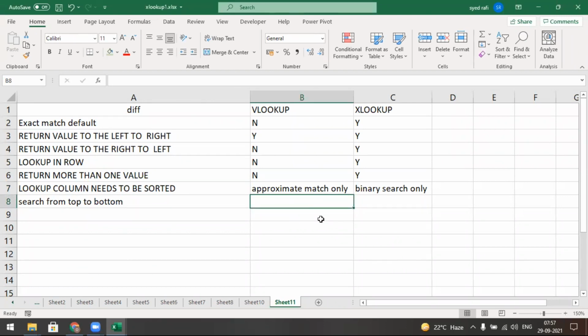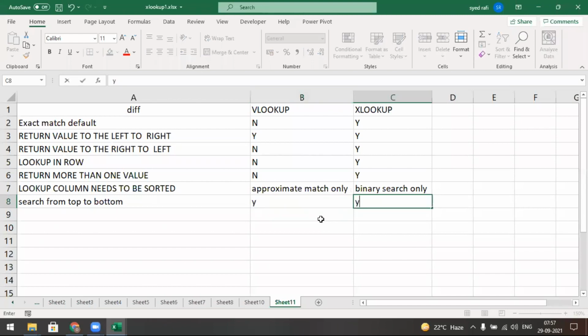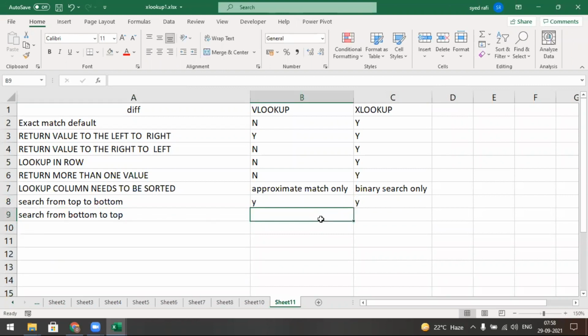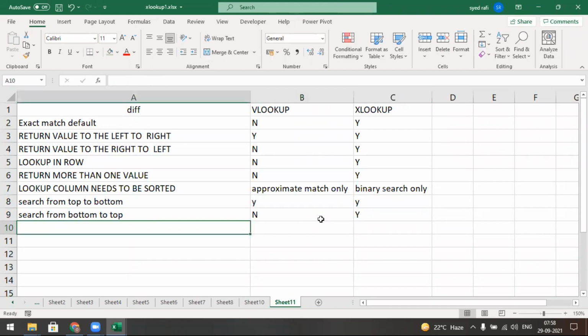Yes, in VLOOKUP, searching from top to bottom is possible. Vice versa, searching from bottom to top: in VLOOKUP, we can never search from bottom to top, but in XLOOKUP it is possible.